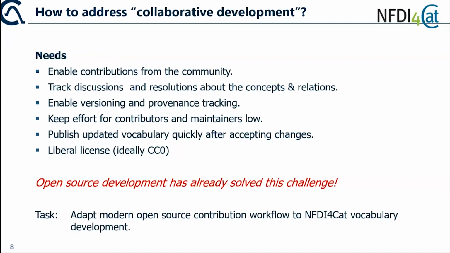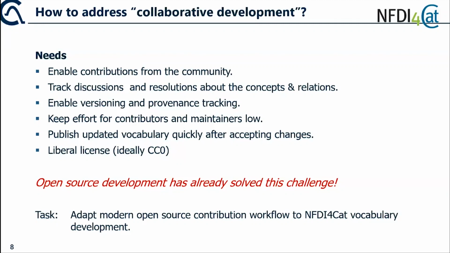So we directly want to publish new versions which can be reused after the contribution. And then, looking at what is available, some of these ontologies or tools do not have an ideal license to reuse. So we said we want to do everything in BSD or similar licenses, or CC0, which are completely free to reuse. And in principle, like I said already, open source development has already solved a lot of these challenges, but